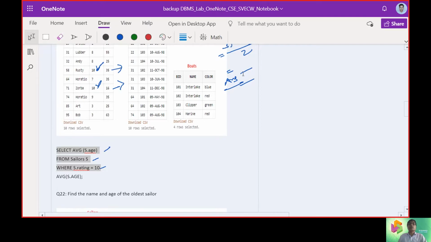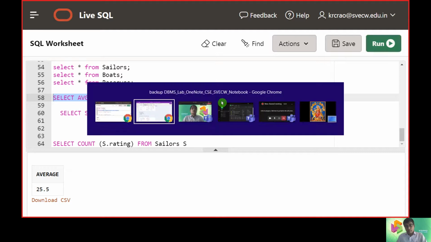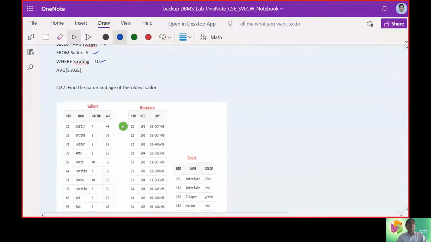The answer was shown as 25.5. What was used here? We used the aggregate function called average, then a from clause, and thereby the where clause here.